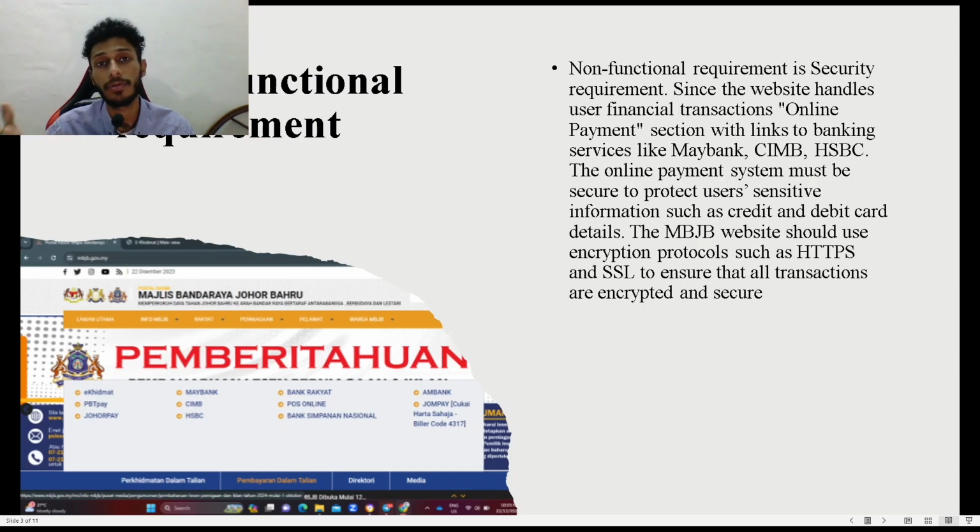The non-functional requirement that is related to the functional requirement is security requirements. Since the website handles user information, including financial information, the online payment section has links to banking services like Maybank, CIMB, etc. The online payment system must be secure and protect the user's sensitive information such as credit card and debit card details. So the MBJB website should use encryption protocols such as HTTPS and SSL to ensure that all transactions are